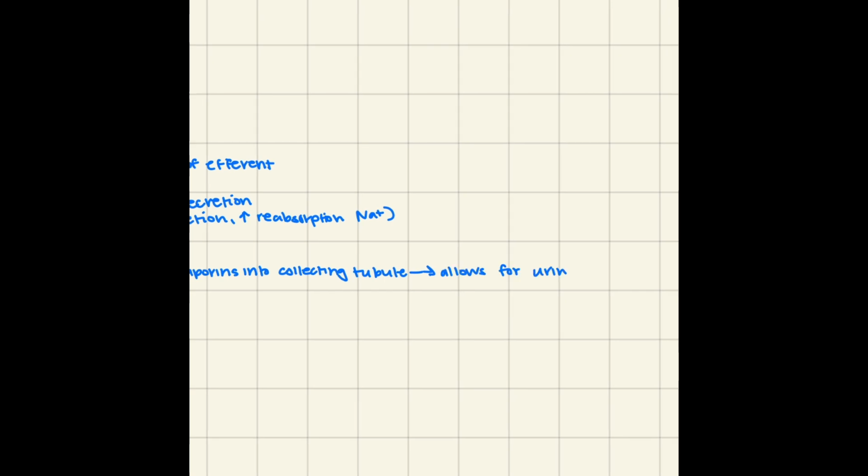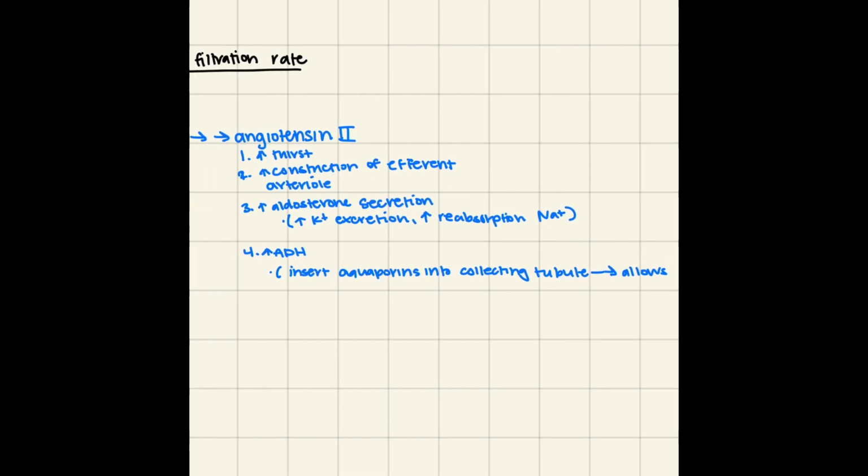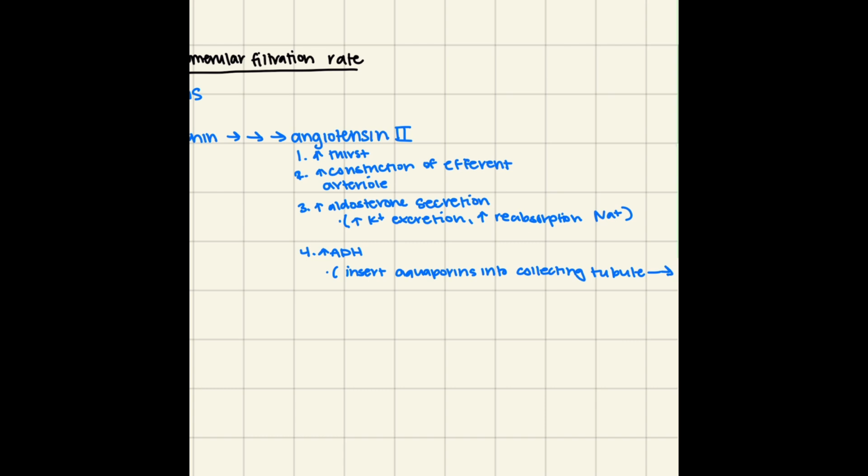Because urine, by the time it's in the collecting tubule, is fairly dilute. It's like 60 millimoles per liter, whereas the outside of the tubule is much, much more concentrated. And so if we had aquaporins, the water is going to move to the solute, but usually that membrane is